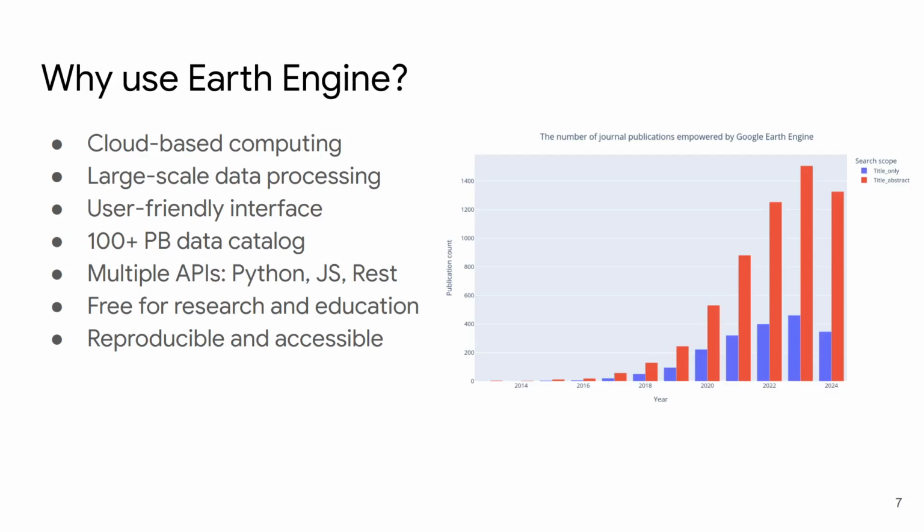So Google Earth Engine was initially created, I think, in 2010, so it's 15 years now. They started the public sign-up, I think, in 2014. So it's roughly 10 years now, and you can see the exponential growth of publications using Google Earth Engine. It's definitely probably the most popular cloud computing platform being used in geospatial because it has done a lot